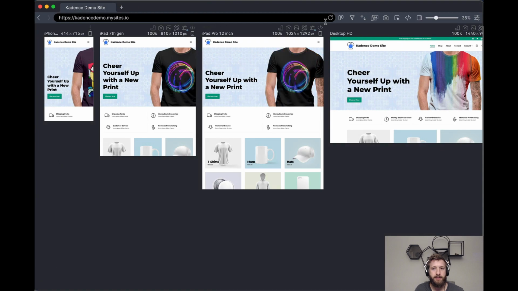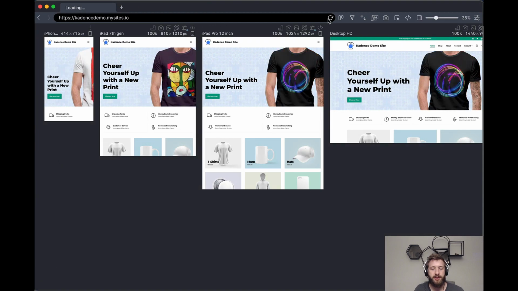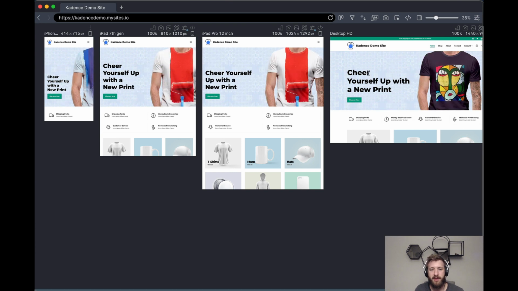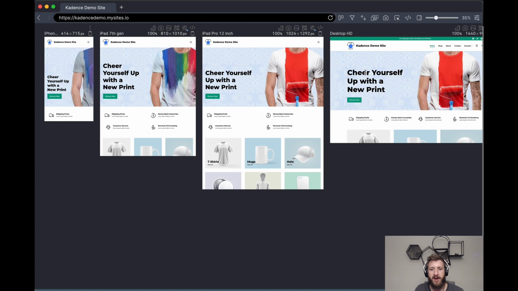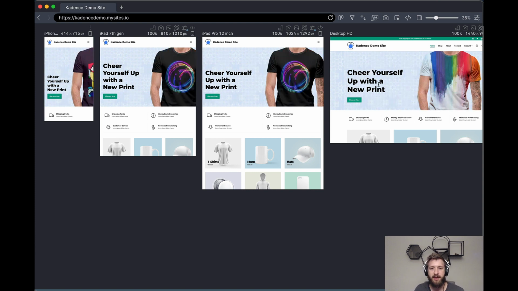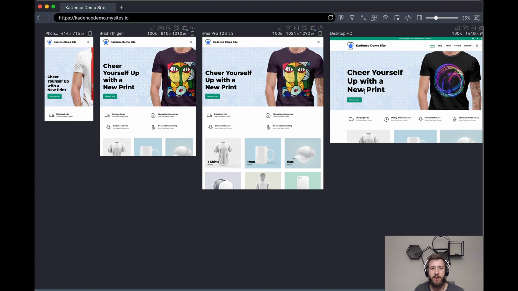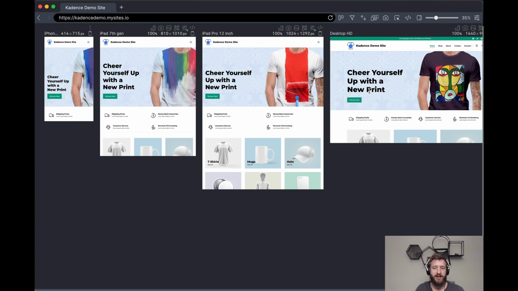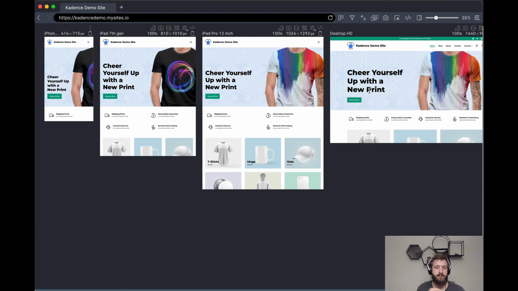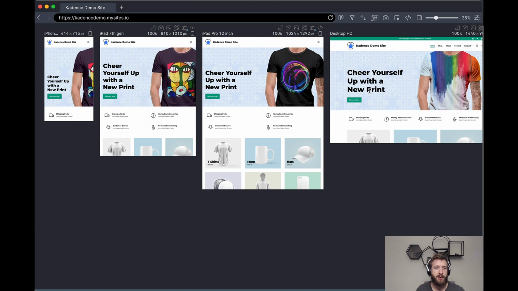If I come back to Polypane, refresh, so we're seeing both that change of having removed the line break here, from cheer and yourself, but also now we see the non-breaking space between the word new and print. And you see, since that change is made in the desktop setting, that is being applied all the way down to the mobile.